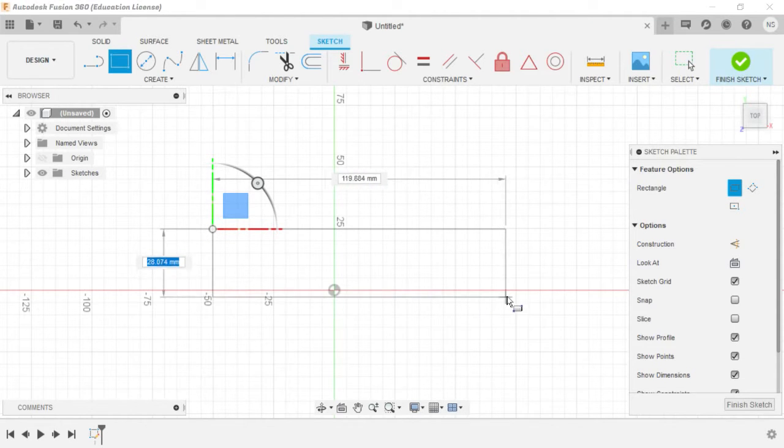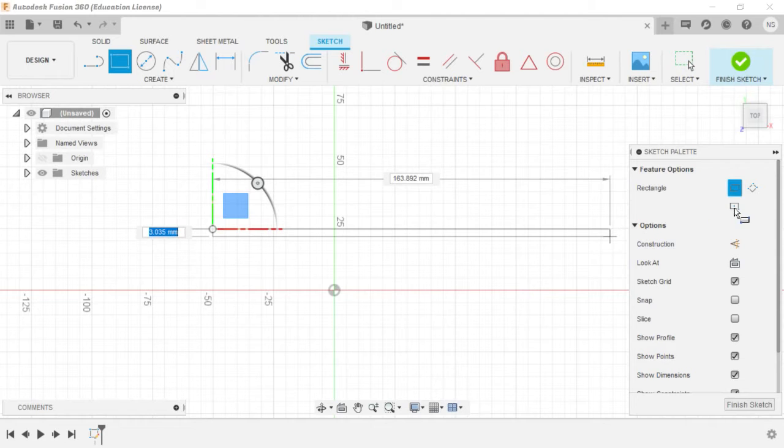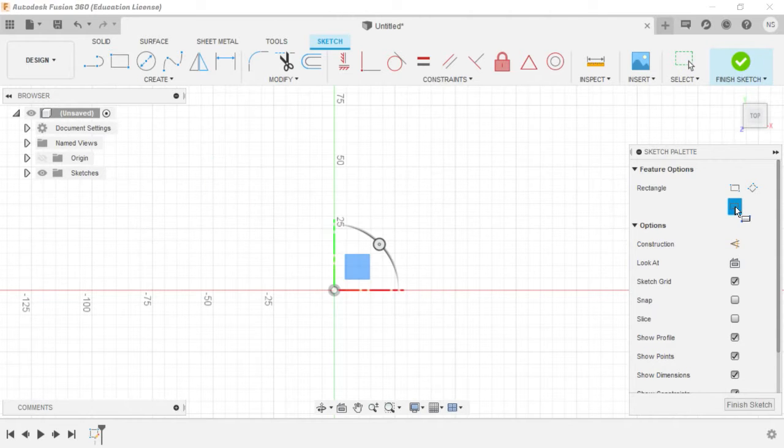Create a rectangle. While creating a rectangle there are options. If you want to create a rectangle with a midpoint, by fixing a midpoint you can select here. This is the midpoint rectangle.